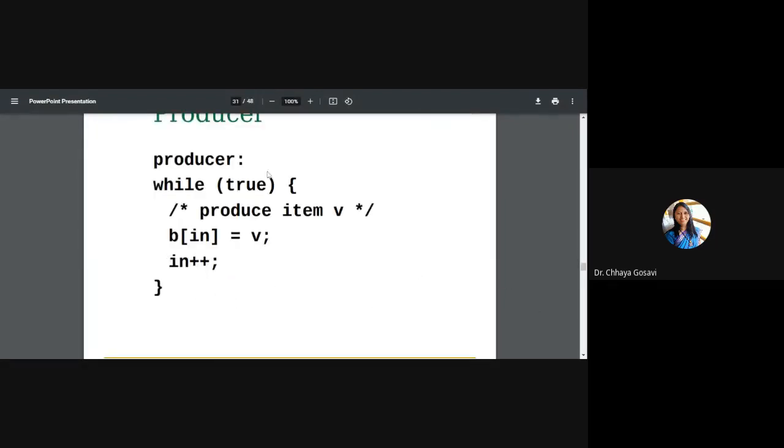And this is how the producer produces data. It is in an infinite loop. This is the atom which is produced. You can accept data from the user, say an integer value, or you can accept a character or string, and you can put that string in a file or in an array. Here suppose I'm using an integer variable, so I ask the user to enter a value, and that value I'm putting into a buffer. B is the buffer and in is a pointer for the next element. So increment in.